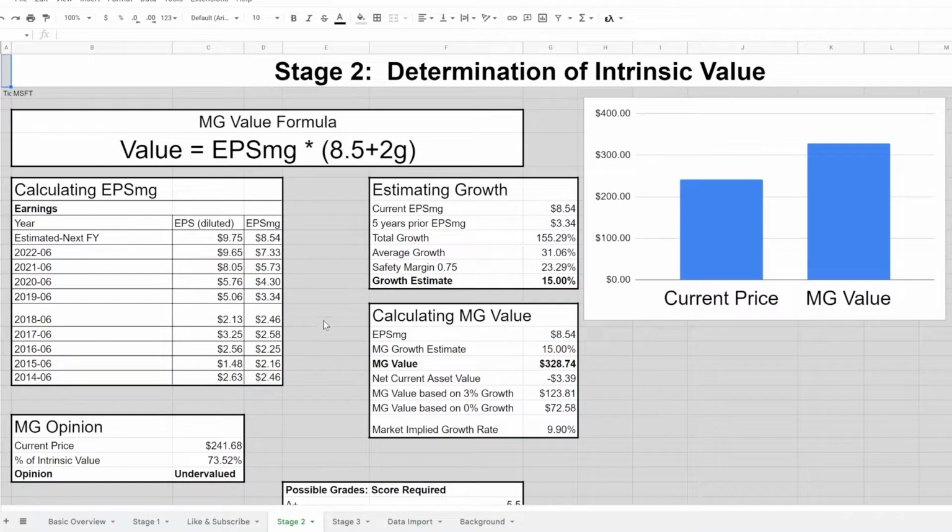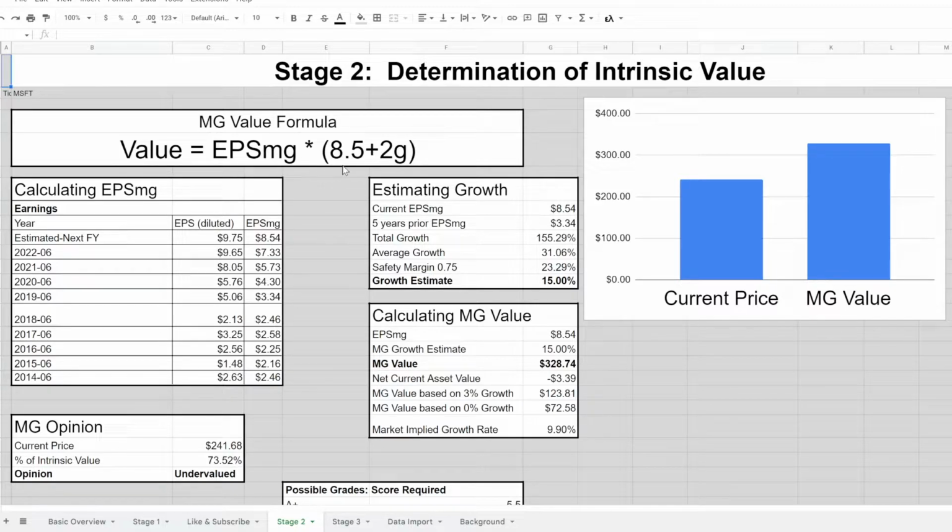Moving on, stage 2 is a determination of intrinsic value. Now remember, the intrinsic value, what the company is actually worth, is independent of what the market is paying for it. The market goes up and down all the time, and the value is more constant. So we need to determine what it is actually worth to find out if it is a good time to buy. Right now, the valuation formula is taken from Benjamin Graham's book, The Intelligent Investor, and that is value equals